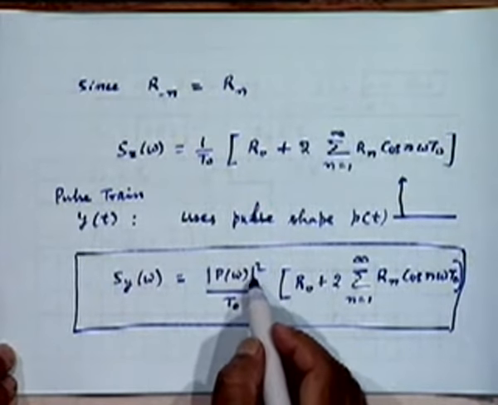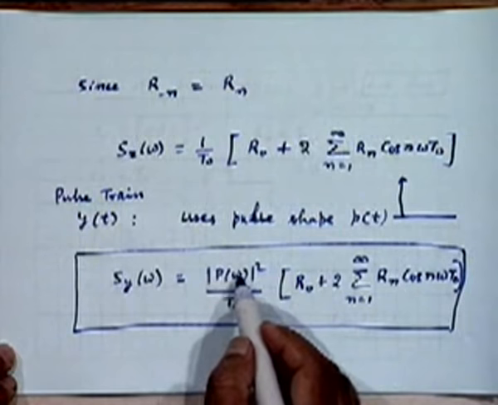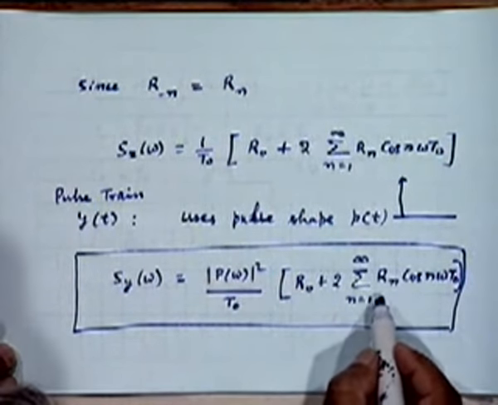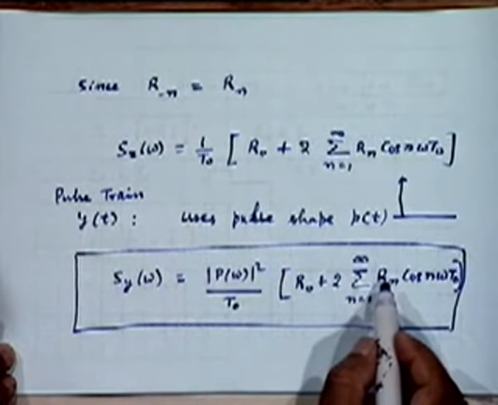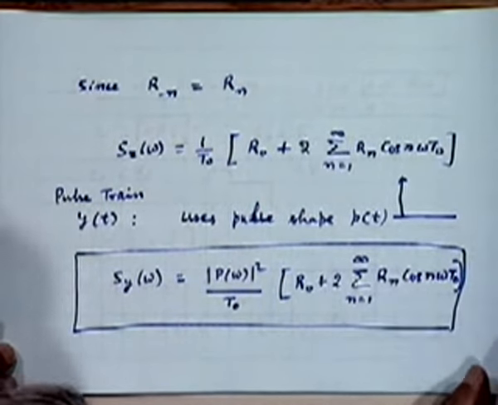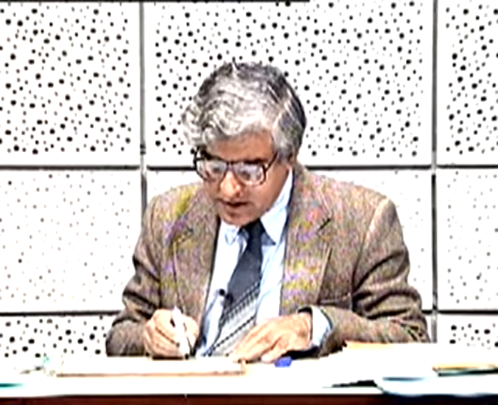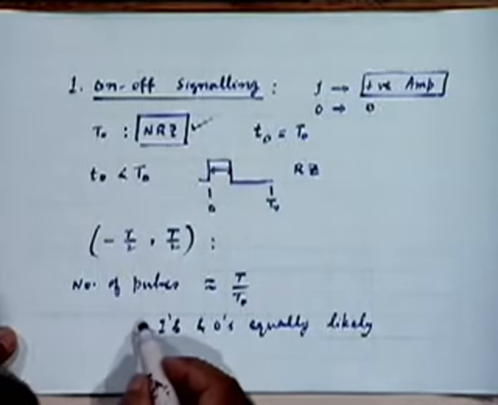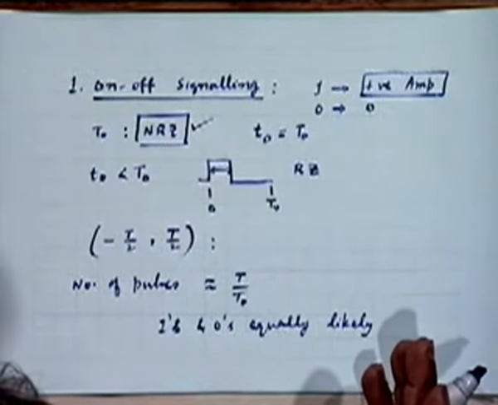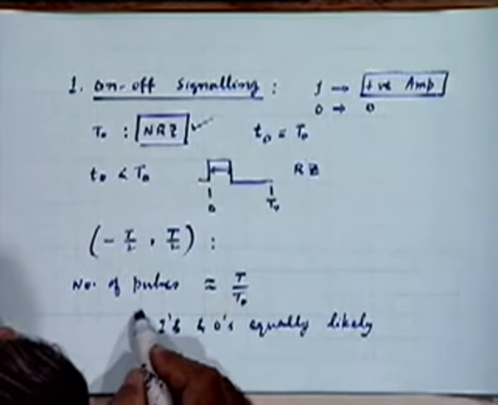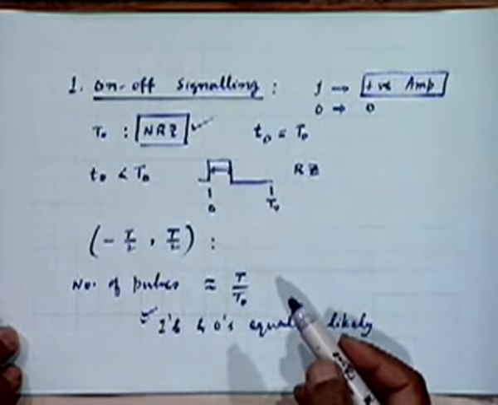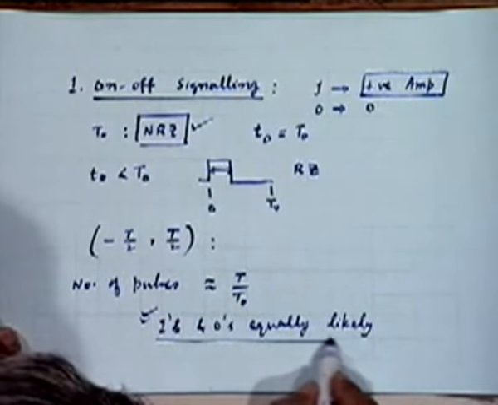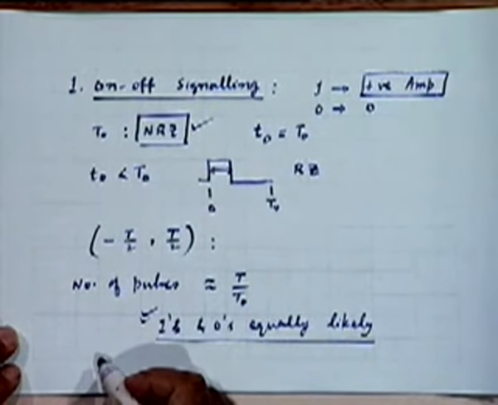This of course has a very important role to play, the shape of P(omega), but equally important is the role of these functions, R_i, R_n. You must remember that. That is why we have to consider what kind of a_k we are talking about. That is why I have got a model for a_k that we shall use in our calculation of the power spectrum. And that is one of the assumptions we shall make, that ones and zeros are equally likely.